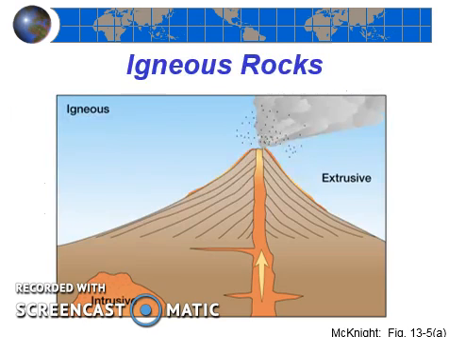2 weeks ago, we introduced igneous rocks, and we learned that there are both intrusive igneous rocks and extrusive igneous rocks. We learned that intrusive igneous rocks cool slowly deep within the Earth and have large crystals, and extrusive igneous rocks cool quickly at or near the Earth's surface, and thus have smaller crystals. In general, extrusive rocks are associated with volcanism, and intrusive rocks form deep in the Earth, perhaps beneath volcanoes, perhaps not, and these rocks and structures will only be exposed after a whole lot of erosion has removed all of